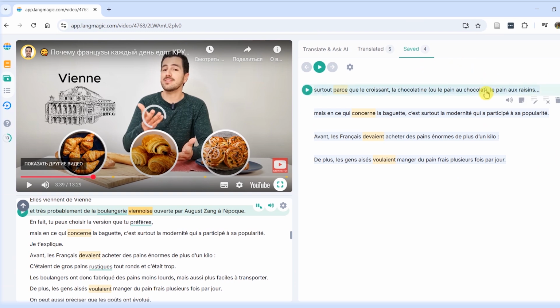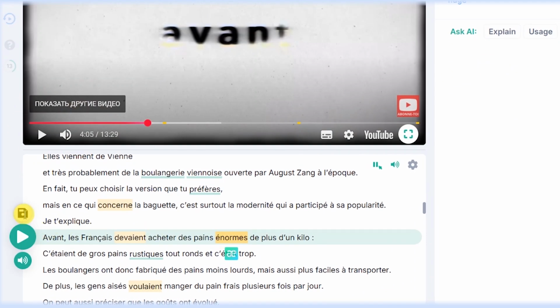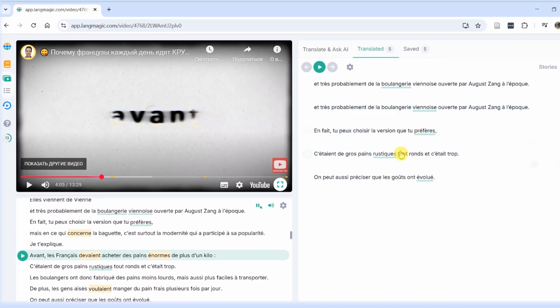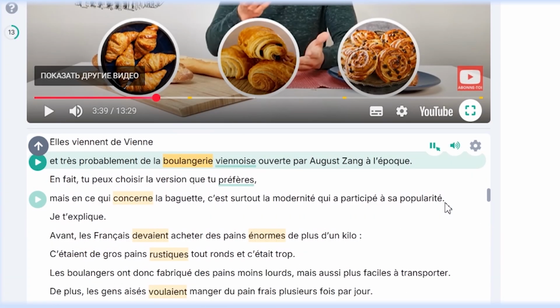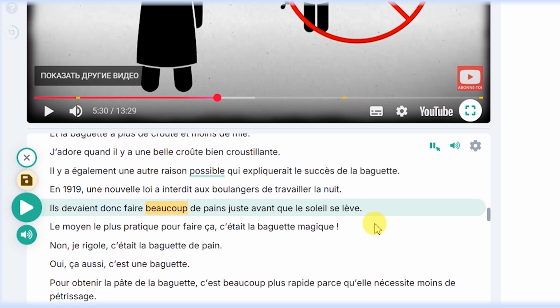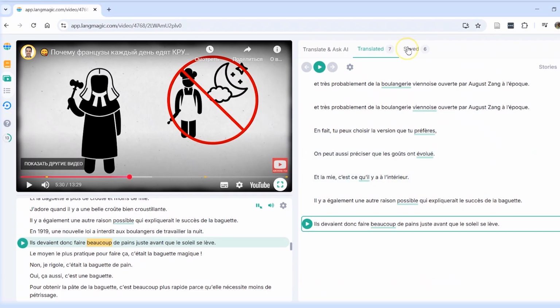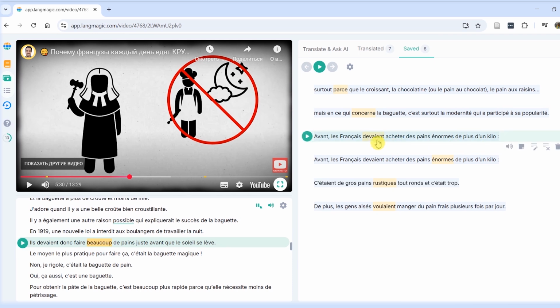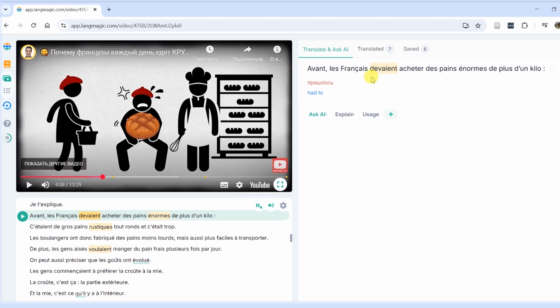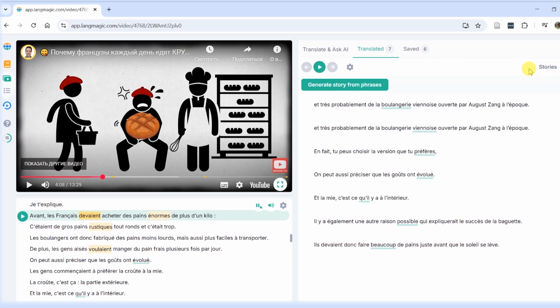Saved tab is a place for phrases and words you save deliberately. To do that, you can either use Save button in subtitle area or move from auto-saved. When you go through text consequent times, you can see what invoked your interest by looking at underlines and highlights. You can open list of saved phrases, go through them, and jump into original context if needed. You can also generate new content, rich in target phrases,